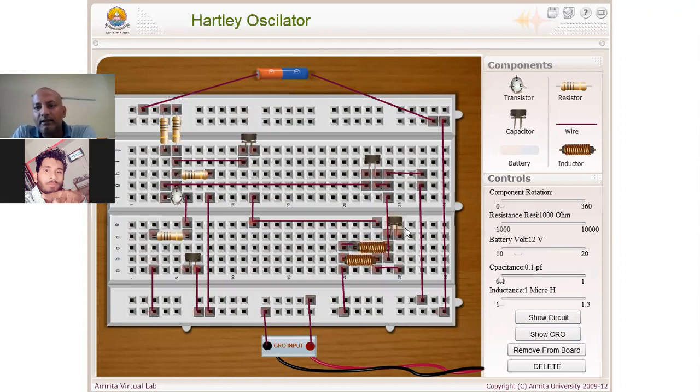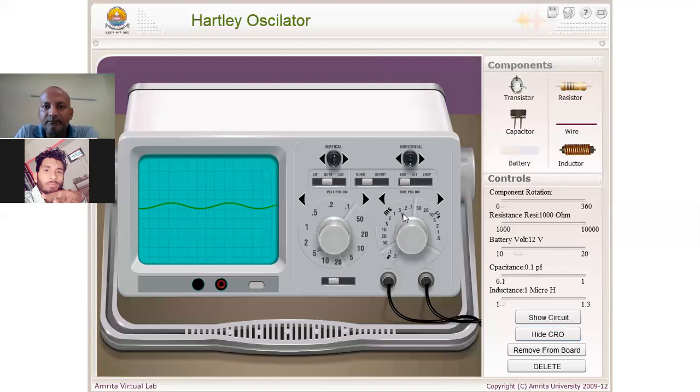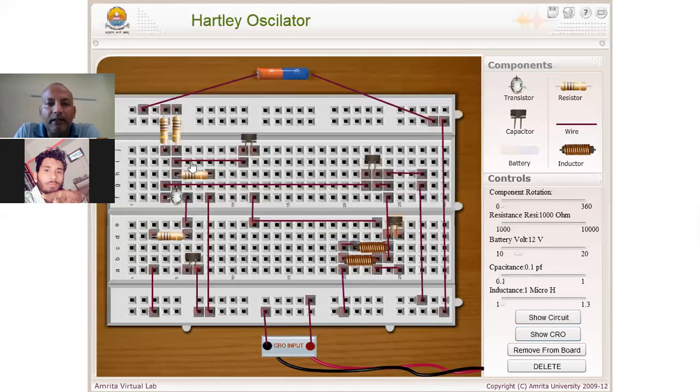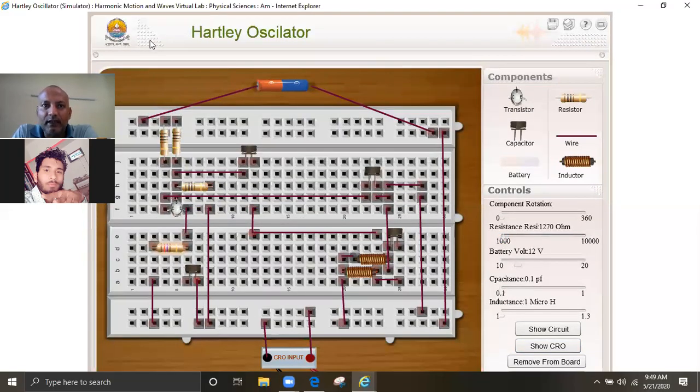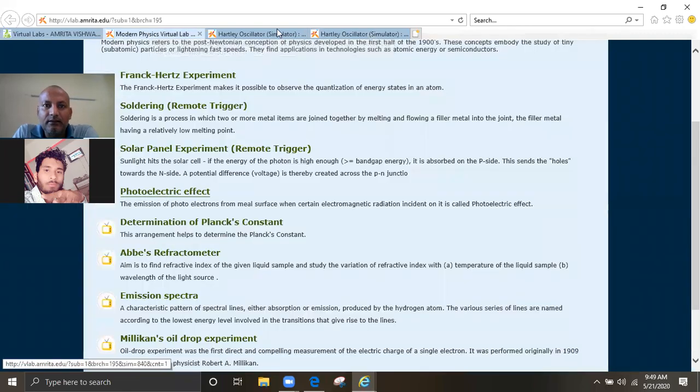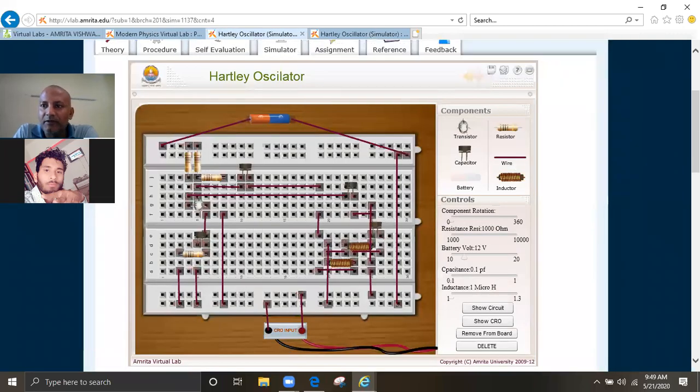Similarly, you can change the value of C from 0.1 picofarad to 1 picofarad according to your requirement, and you can change the frequency. Also the value of Re resistance you can select from here, as described in the procedure.